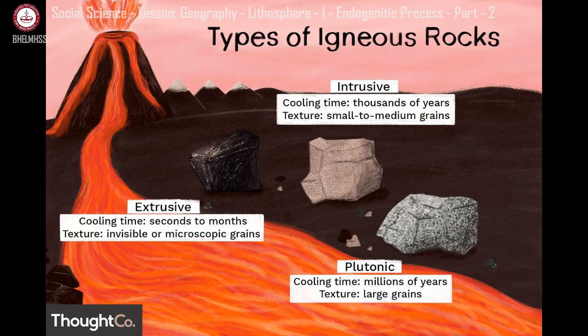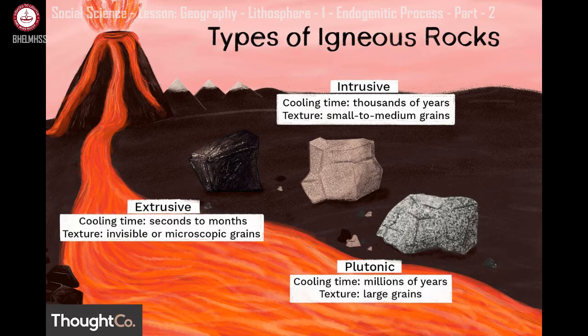Today we are going to learn about the rocks. Where are the rocks found? It's found on the crust, like the outer layer of a boiled egg, isn't it? Likewise, the earth has a very thin outer layer. This is the storehouse of rocks, and each rock has a lot of minerals in them.